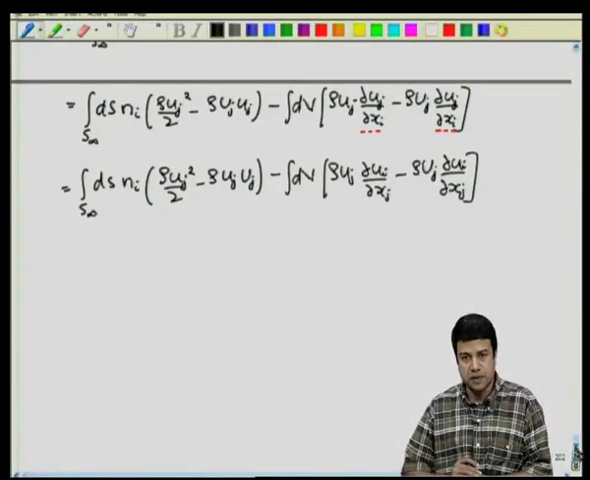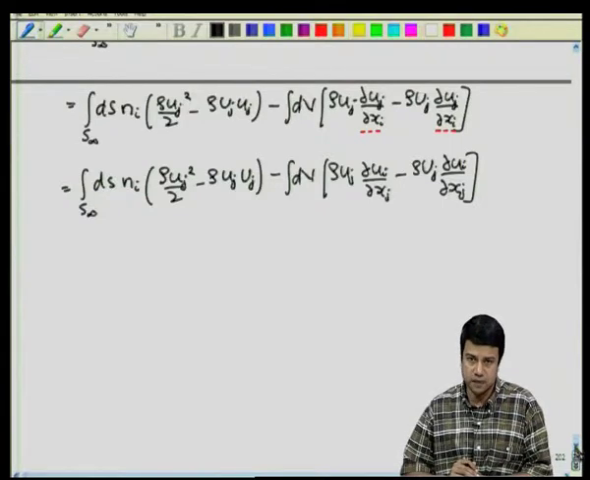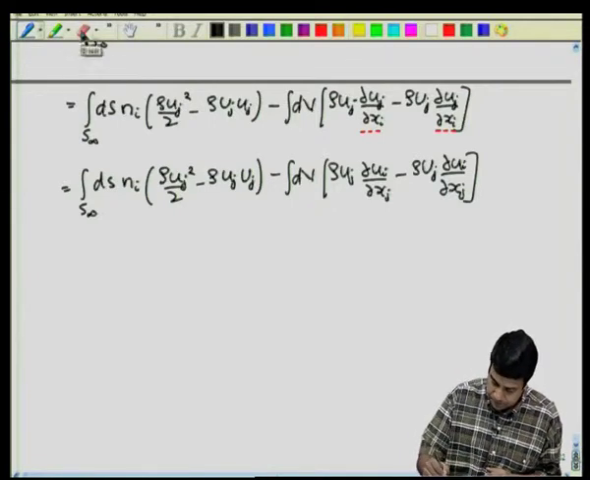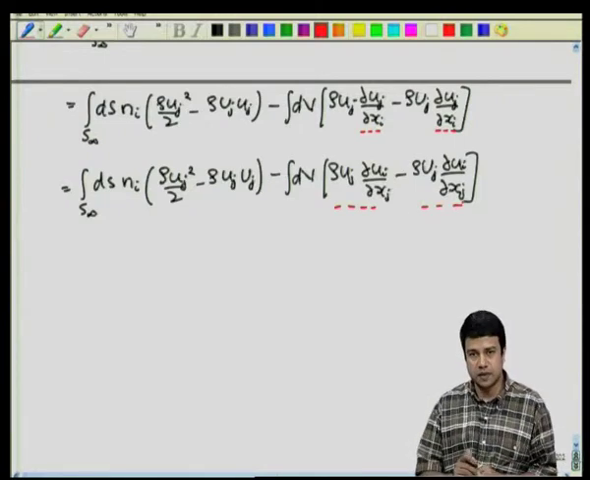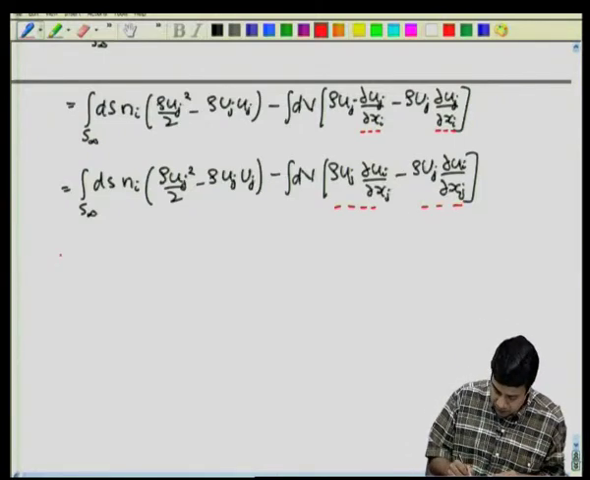I have just replaced the rate of deformation tensor by its transpose, because we know that the rate of deformation tensor is symmetric. Now, I have two terms here, these two terms. Let us just simplify them a little bit. We know that